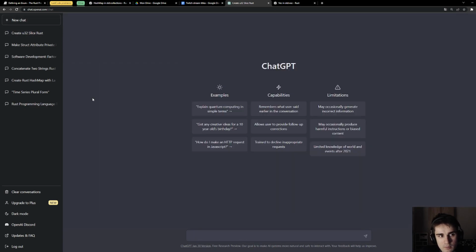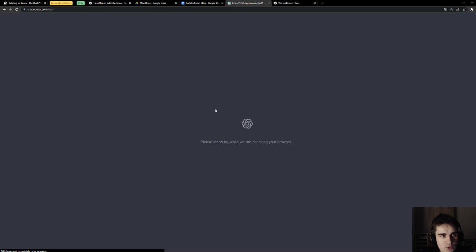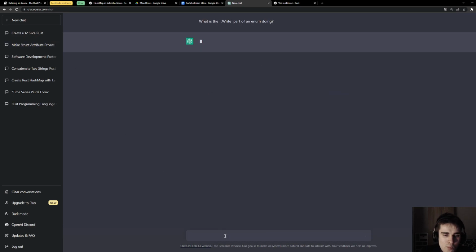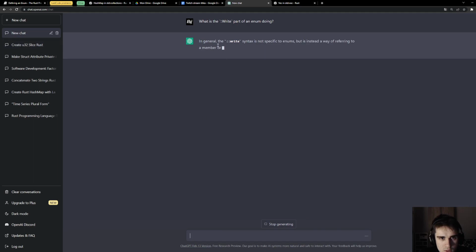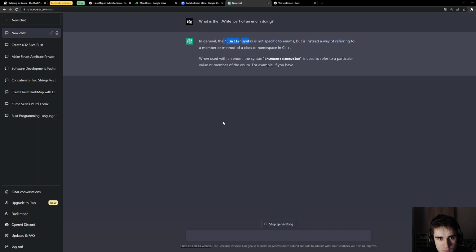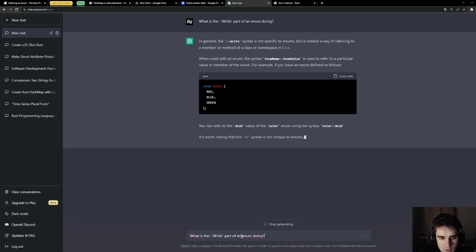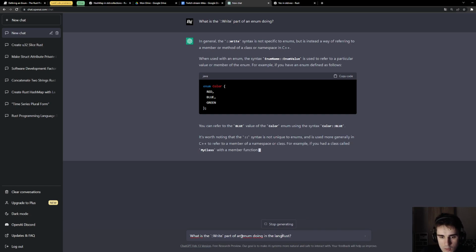And let me create a new chat so that ChatGPT doesn't use the previous chat and get influenced. What is the right part of an enum doing in Rust? In the programming language Rust.